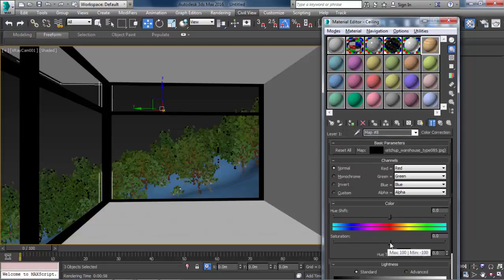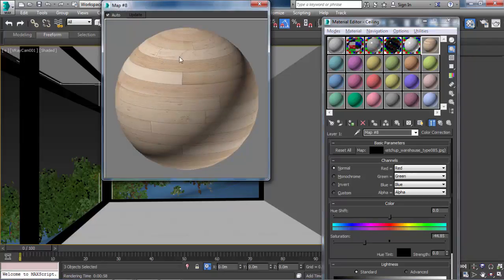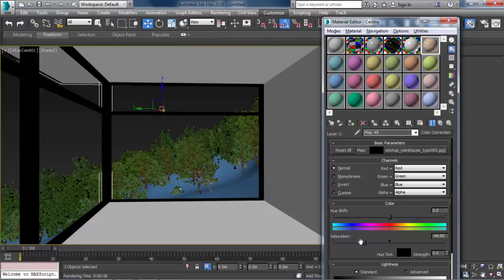I will desaturate it about -12 or something. No, let's desaturate it more. Something like this. So we have this shape of the wood, the texture, and we will have the color from the composite. Yes, let's leave it at -50.